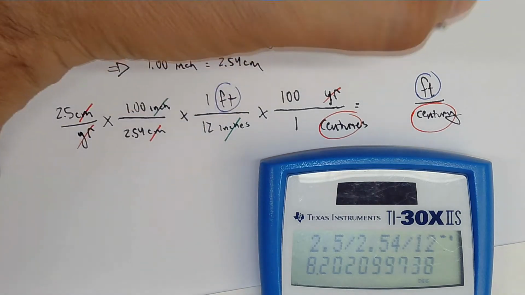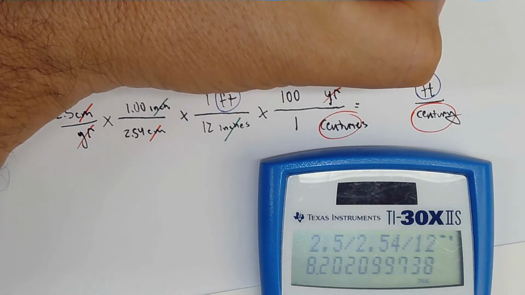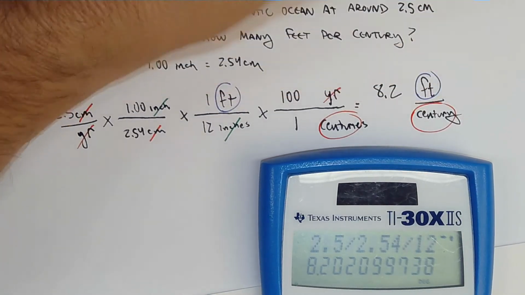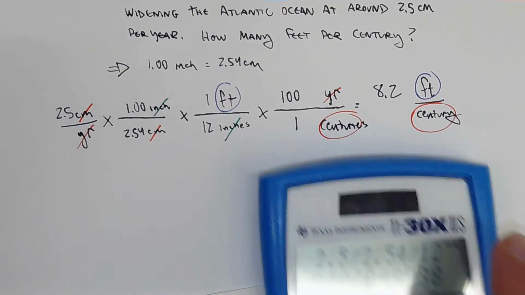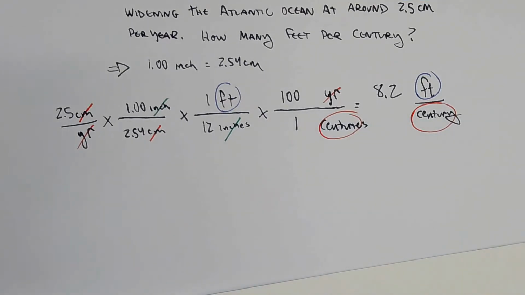Okay, so that ends up giving us an answer of 8.2 feet per century. So there you go. The Atlantic Ocean is getting wider by 8.2 feet every century because of continental drift. Now you know. Okay. All right, so that's stacked units. Next up,